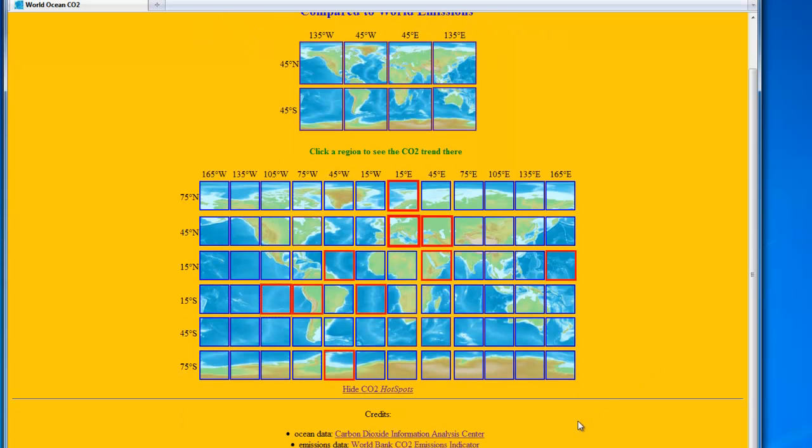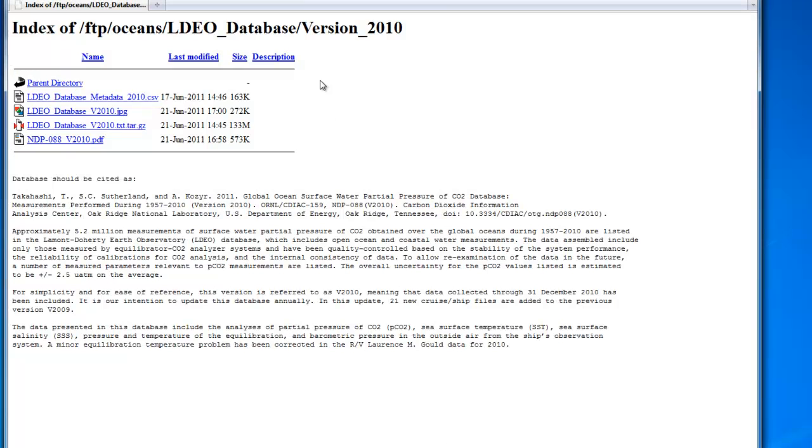The data that I used for the ocean CO2 data, I got that from the Carbon Dioxide Information Analysis Center, the CDIAC. So I can show you where I got the data. The data came from this data set here, which consists of 5.2 million measurements of the CO2 levels over the global oceans